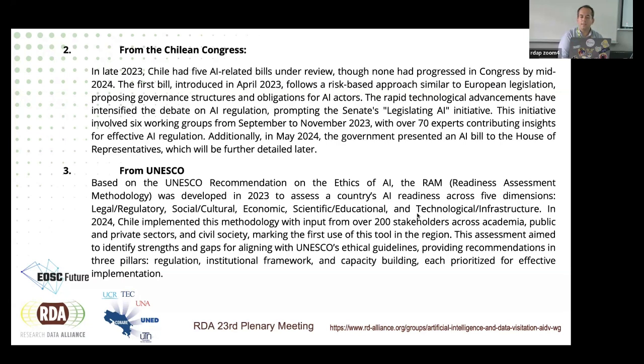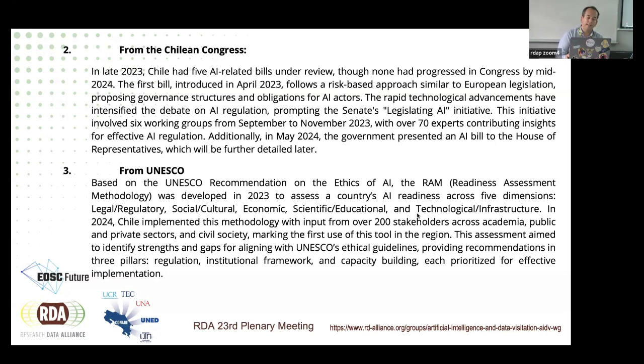The rapid technological advancements have intensified the debate on AI regulation, prompting the Senate's legislating AI initiative. This initiative involved 6 working groups from September to November last year, with over 70 experts contributing insight for effective AI regulation. Additionally, in May 2024, the government presented an AI bill to the House of Representatives, which will